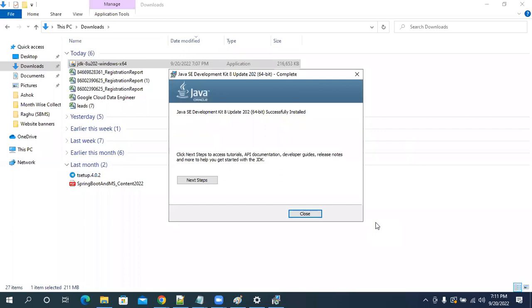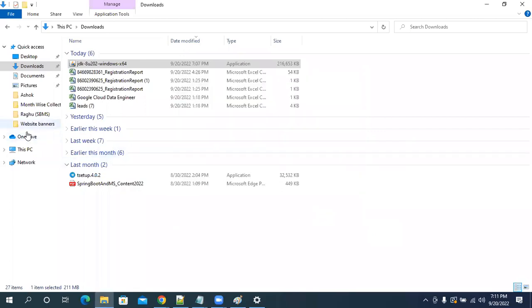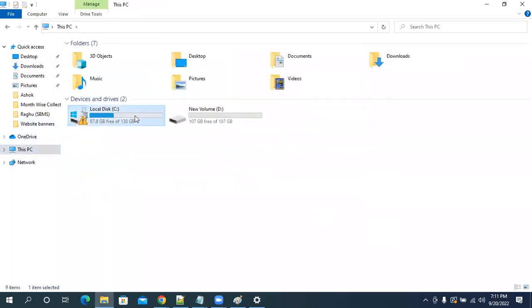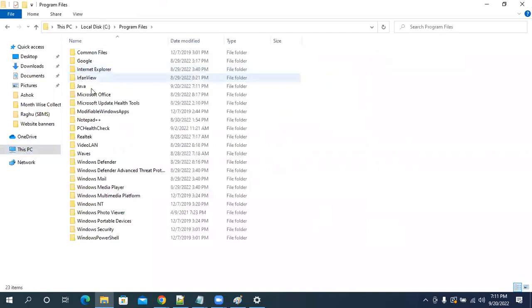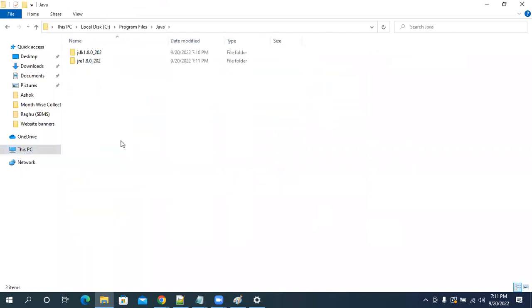Perfect. Click on close. Go to the directory C, Program Files, Java. Can you see there are two folders available that were just installed, at 7:11 p.m.? Two folders got created.